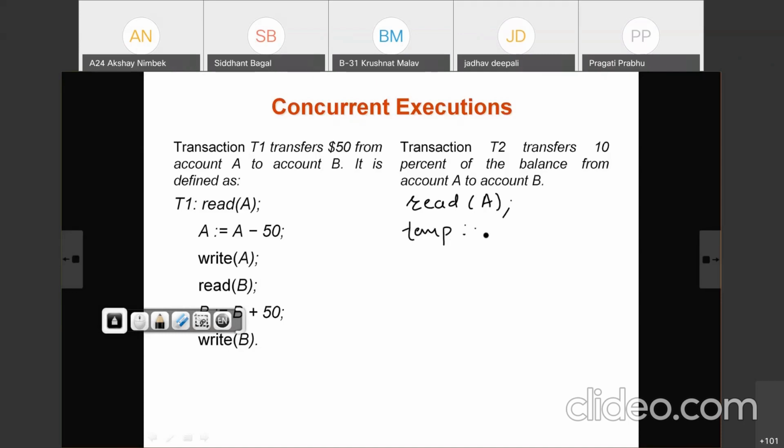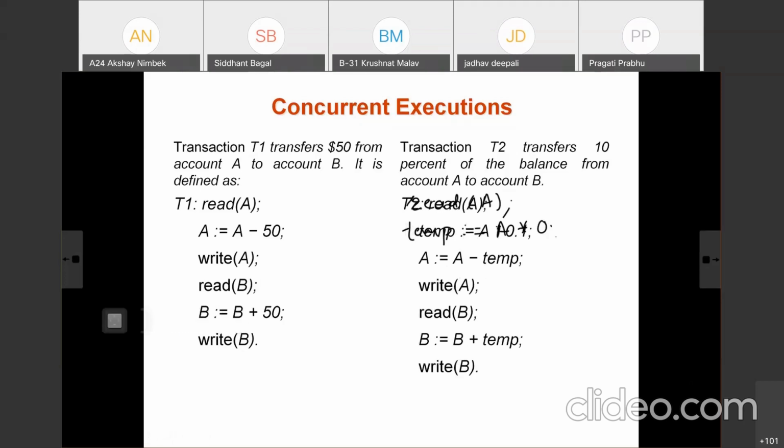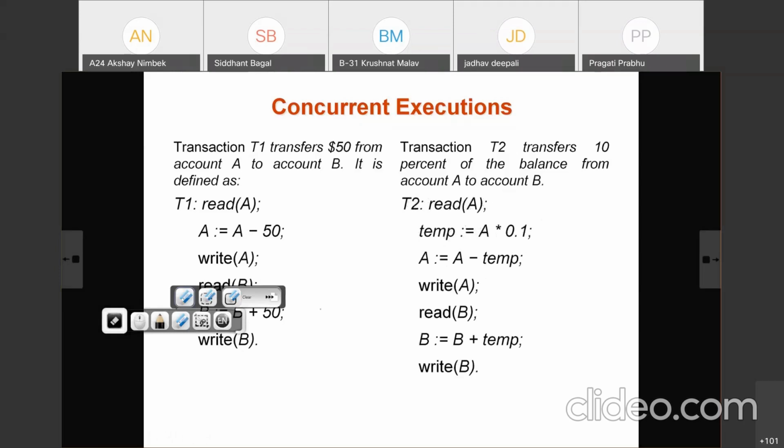Temp is equal to A multiplied by 0.1. So see here, read A, temp is equal to A multiplied by 0.1, where we calculate the